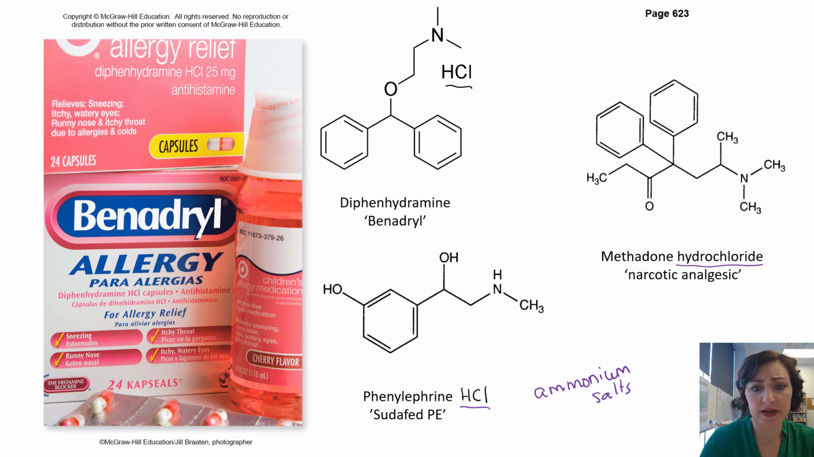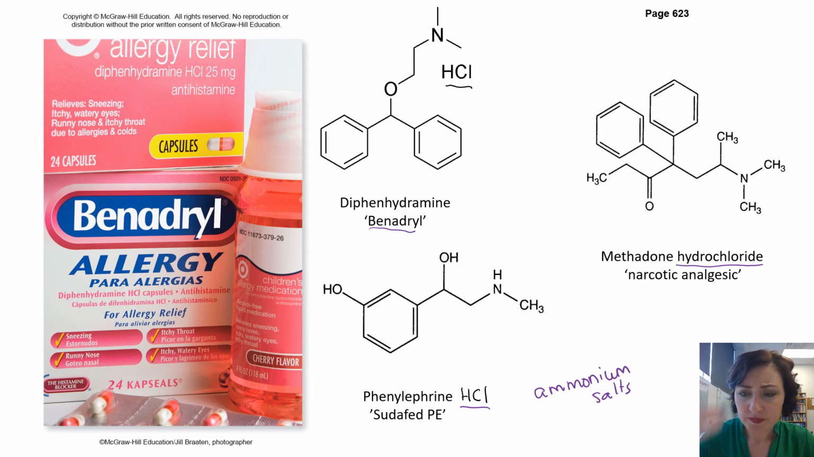Our first drug is Benadryl, or diphenhydramine hydrochloride. This is used as an antihistamine. It blocks your allergic response. So if you're having an acute allergic reaction to, say, a food or a bug bite, Benadryl is going to block the histamine from getting to your